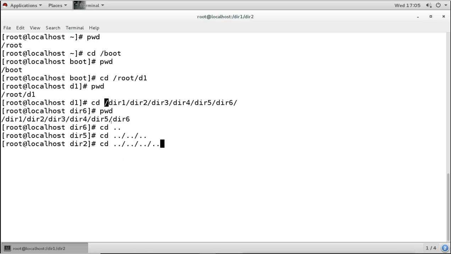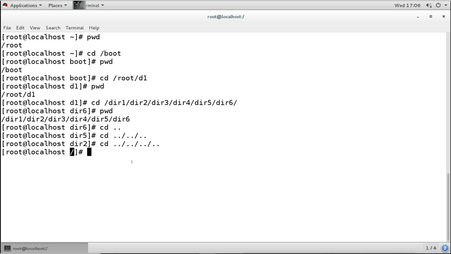Remember, this slash is the end. After the slash there is nothing. So whatever dots I give here, I will reach the last position, that is the slash. I cannot go back more than this slash. Always the slash is the last directory. It is the top directory, it is the root of the directories.